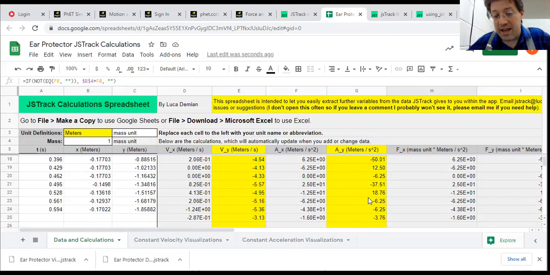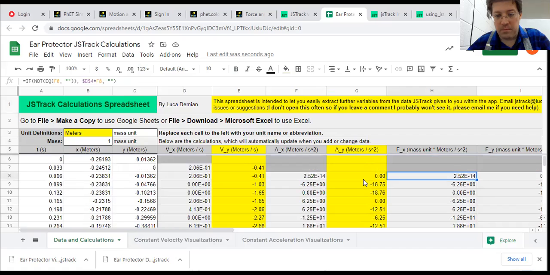So what does that mean? Does that mean I really got a -37 meters per second squared acceleration? Not really. So I've got to deal with this. I've got to find an easier way to do this. So what I'm going to do